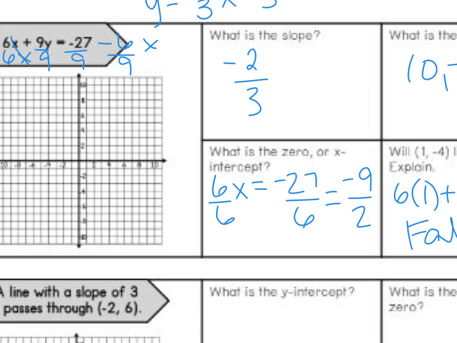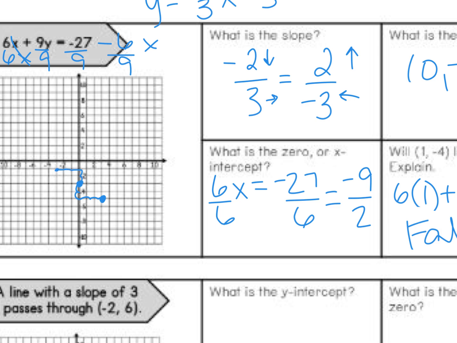Okay, where are we starting? Negative 3. And then down to... we can go down to 2 and right 3. Okay, so remember we talked about that negative can be in the top or the bottom. So I can go down and right, or I can go up and left. So if you're trying to make sure your x-intercept is correct, you can definitely go up to 1, 2,